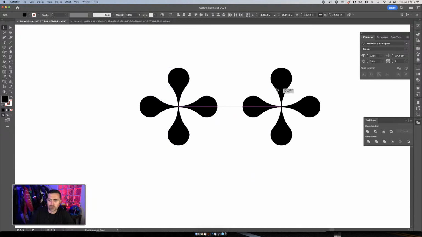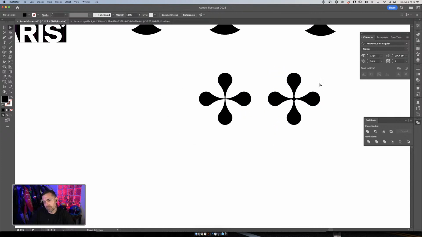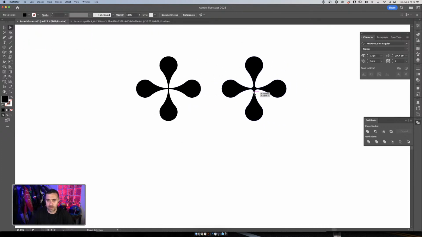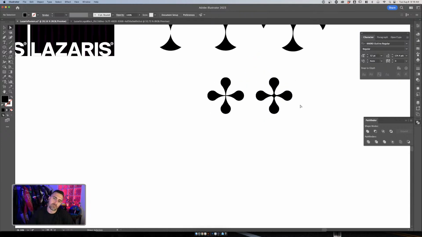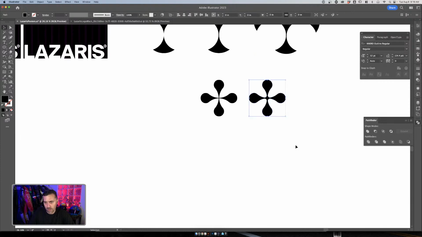What I could do, I'll try a version here, and I will group them together and see what happens if I take these 4 corners, start playing with it like that, just smooth it out a little bit more. Maybe that's nice. Can also make that middle section a little bit bigger. Okay, that could work.